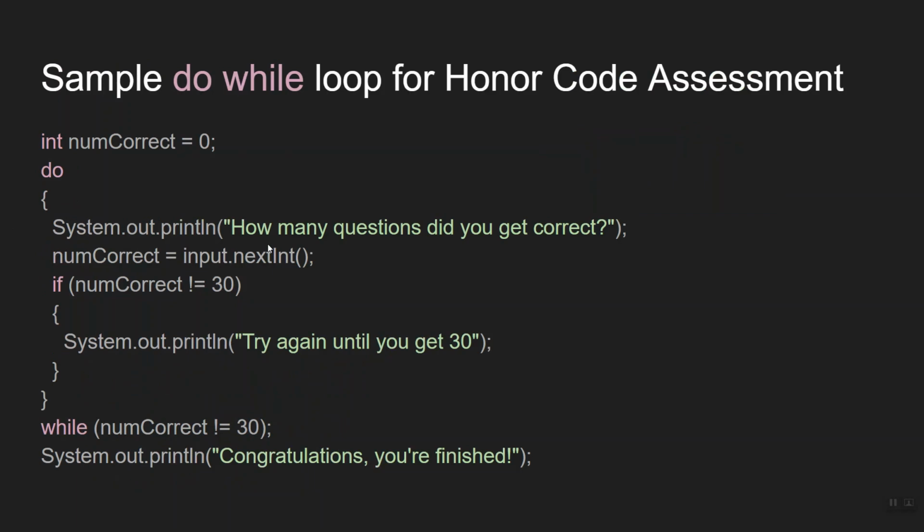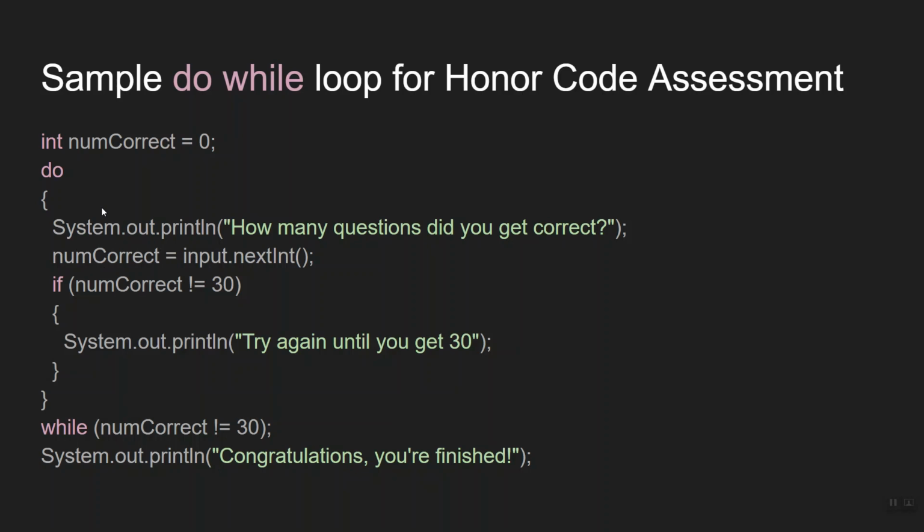So here's another one, how we might want to set up our honor code assessment with a do while loop. We create a variable, numCorrect. We give it an initial value so that it's initialized. Sometimes we get errors with variables when you try to initialize them within some kind of code structure, because then there's no initialized value. So we start off by initializing our numCorrect to 0. And then we give it a value later on, which is going to be the actual value that's evaluated